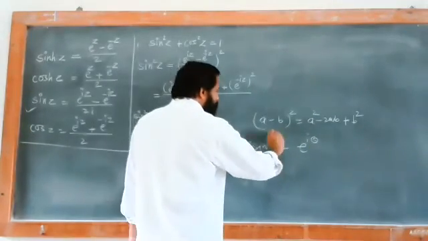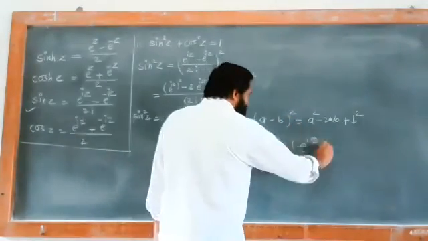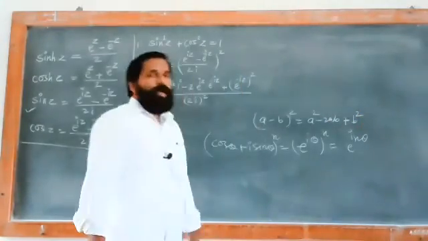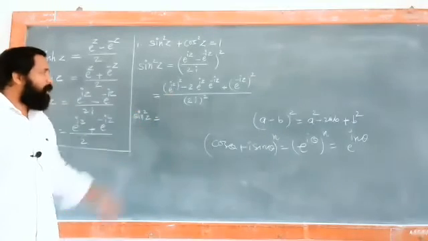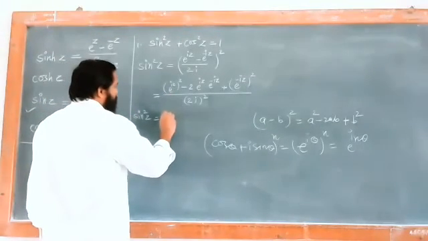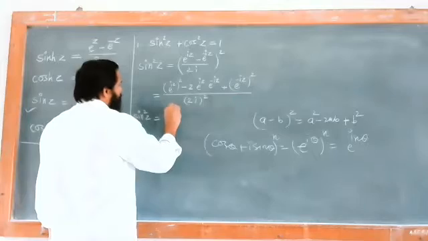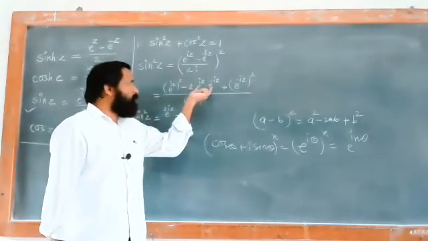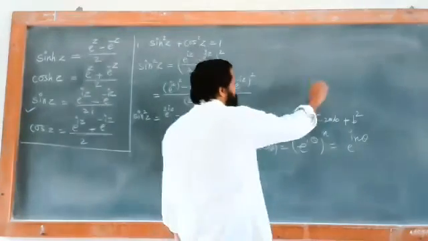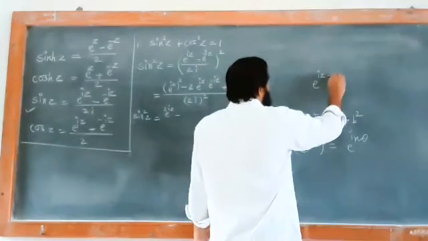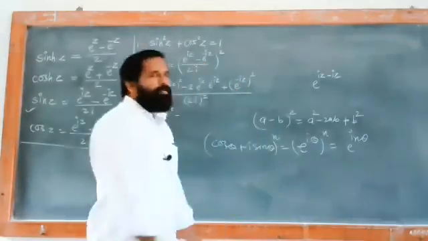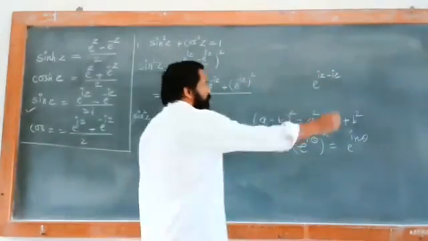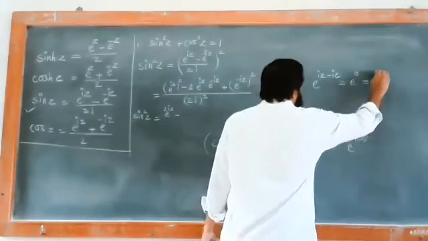And let us suppose we have to take the n power of this. How will you write this? I can write it like this: e raised to i n theta. Same thing is there, only now there is a square. So this is nothing but e raised to twice iz, minus the two terms e raised to iz into e raised to minus iz, which can be written as e raised to iz minus iz. So it becomes e raised to 0, and that e raised to 0 value is equal to 1.